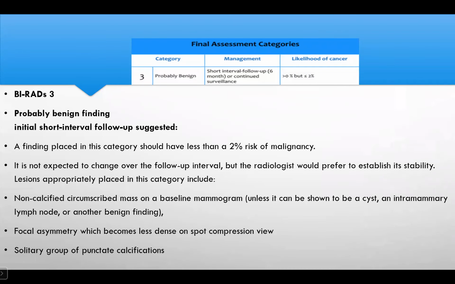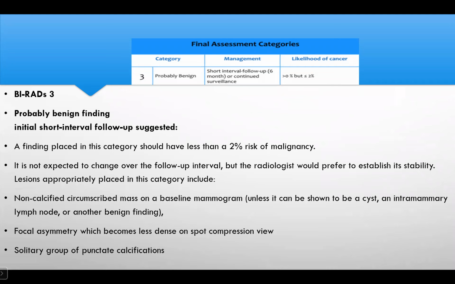BI-RADS 3, a probably benign finding, initial short interval follow-up is suggested. The finding placed in this category should have less than 2% risk of malignancy. It's not expected to change over the follow-up interval, but the radiologist would prefer to establish its stability. The lesions placed in this category are a non-calcified circumscribed mass on baseline mammogram, unless it's a cyst